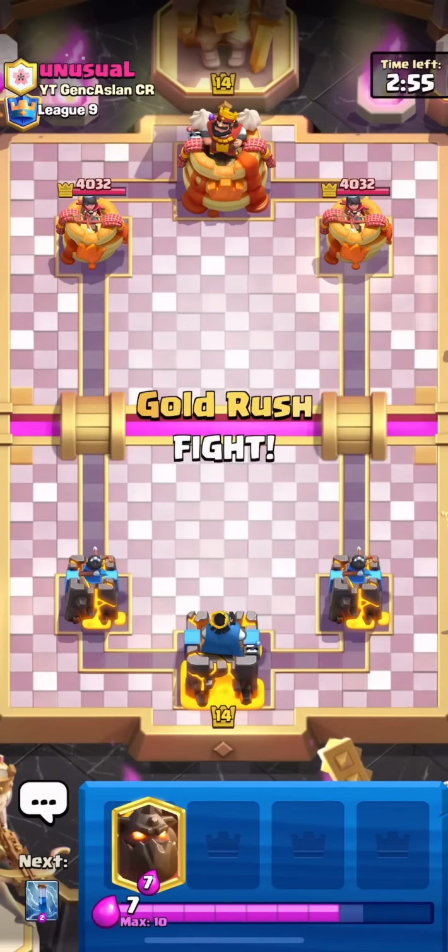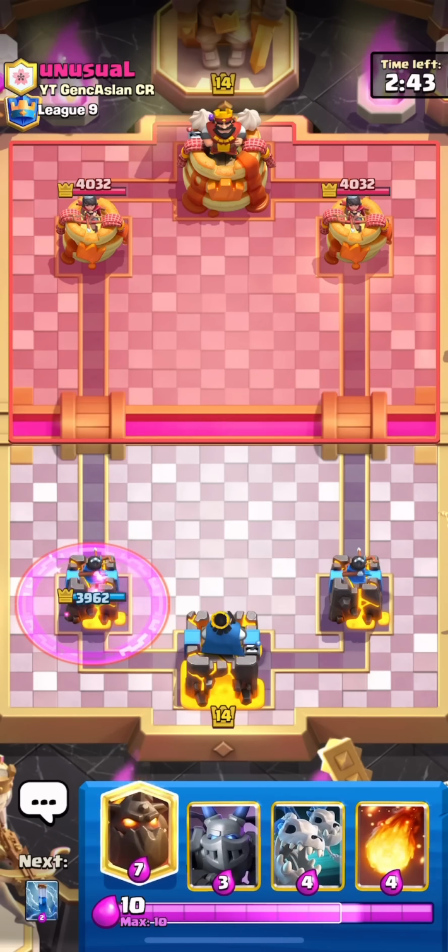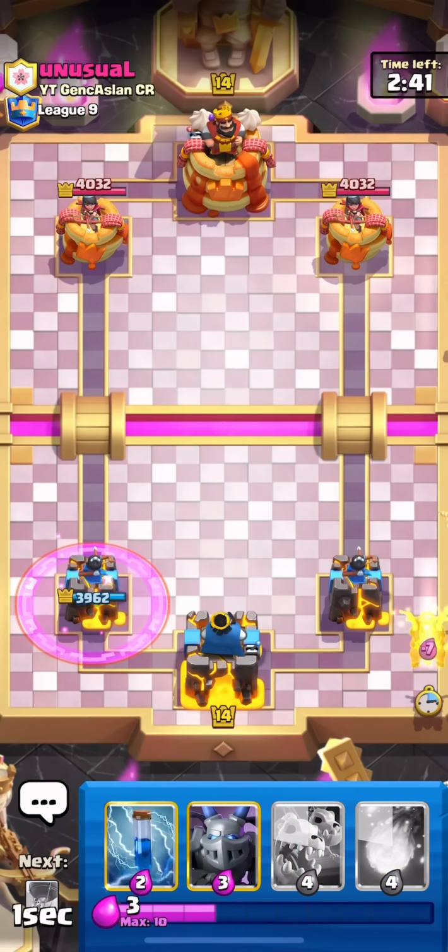All right, unusual coming in here. I wanted to touch on what I said last game real quick because I didn't get to finish explaining it. Basically, you don't want to go same lane into an E-Giant because, one, the E-Giant kills your units. It's different than going same lane as a Giant or something. So if the E-Giant is killing your...